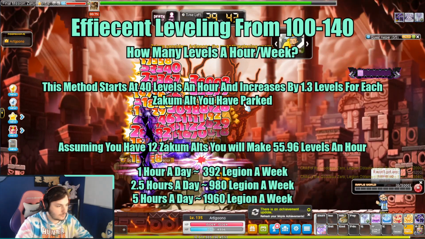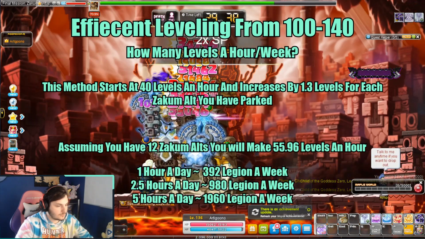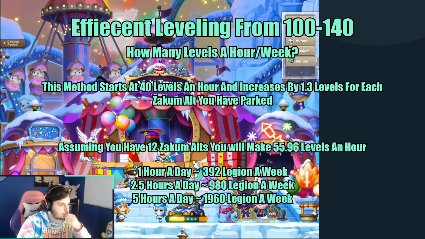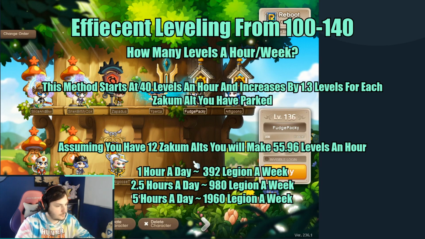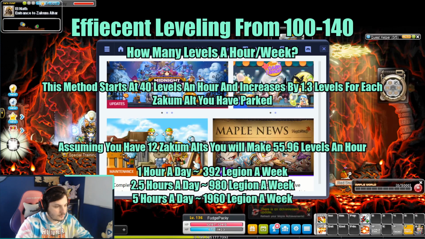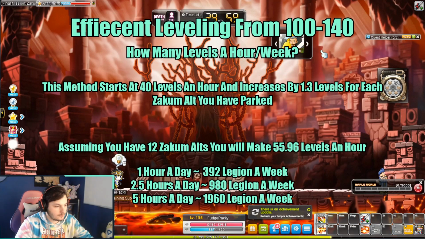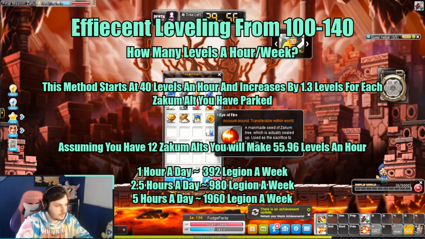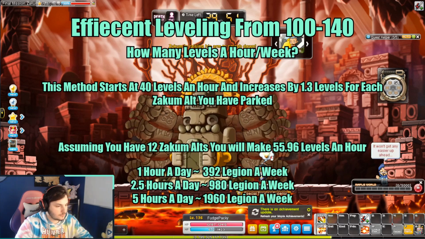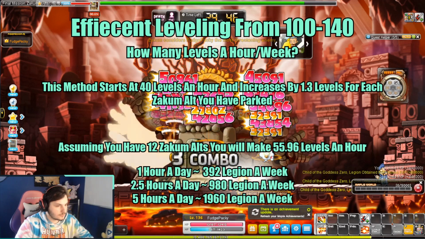If you want to look at the straight math involved with this method, you'll see that this method, assuming that you can level a character every 2.5 hours to 3 hours, is about 40 levels an hour and increases by 1.3 levels an hour for each character you have parked at Zachem. Assuming you have 12 Zachem alts parked, you will make about 55.96 levels an hour. Assuming you only have 1 hour a day to play per week, that translates into 392